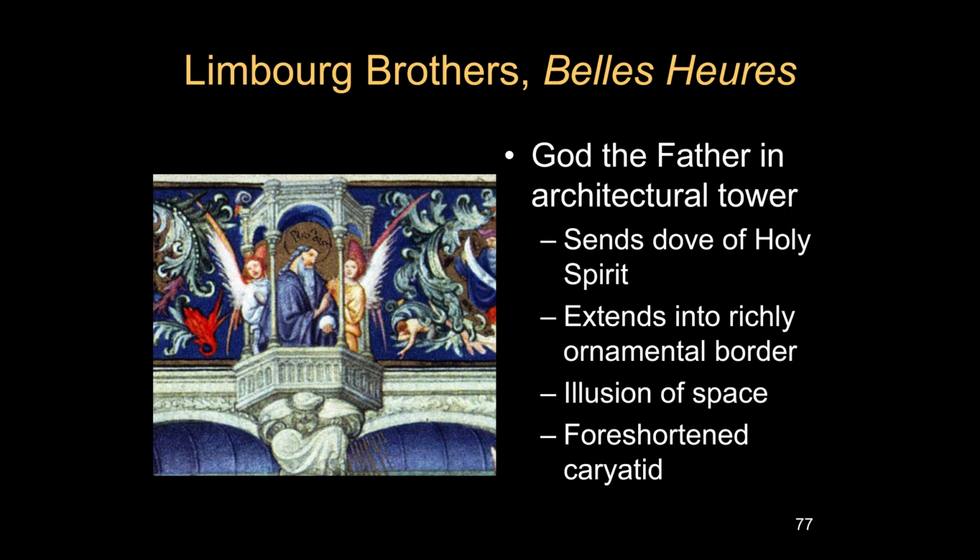There's the symbol of the Holy Spirit who overshadows Mary, and she conceives without male contact. It extends up into this rich decorative border, but the little tower seems to project forward, and then you have a little painted sculpture below of a kneeling man supporting this little porch or tower up on his back. He's a little caryatid, a figure that carries architecture, and he's leaning forward, and he's foreshortened. I mean, it's a beautiful illusion of depth.